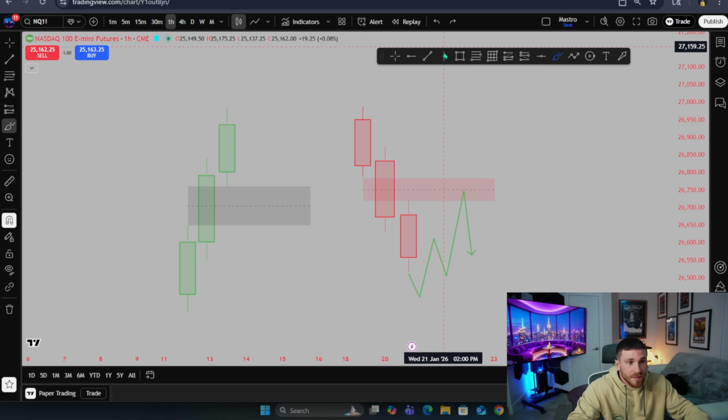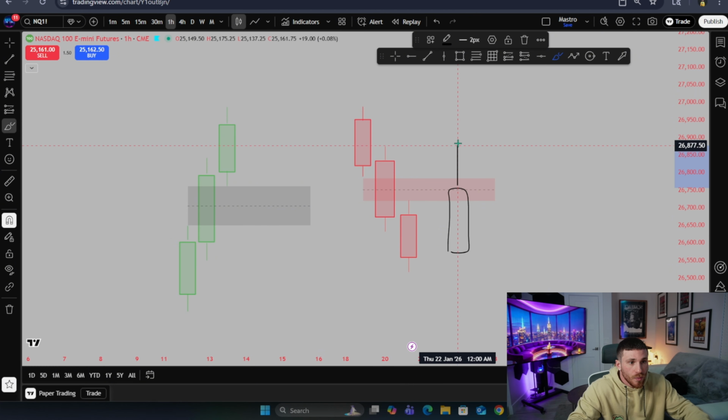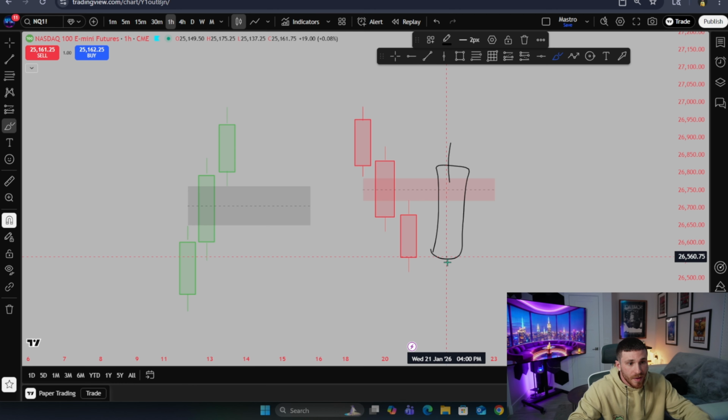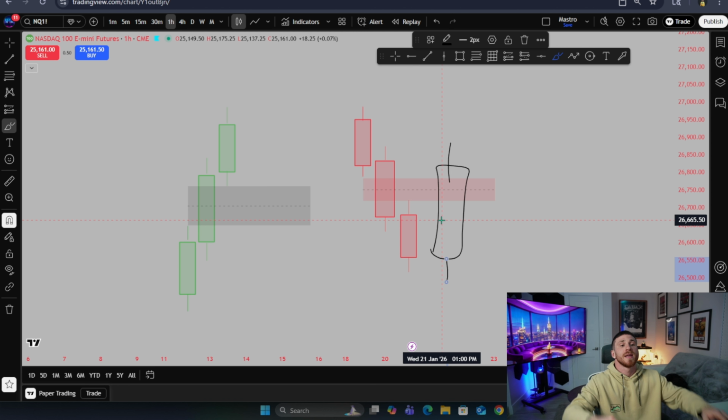Would this be a valid inverse fair value gap if price closed right here, and the wick went all the way up to here, but this candle closed like this? No, we need a full closed candle above the fair value gap, just like this, for it to be an inverse fair value gap. And what does that mean? That means that the bearish fair value gap is getting disrespected. So again, if we get that candle closure above,